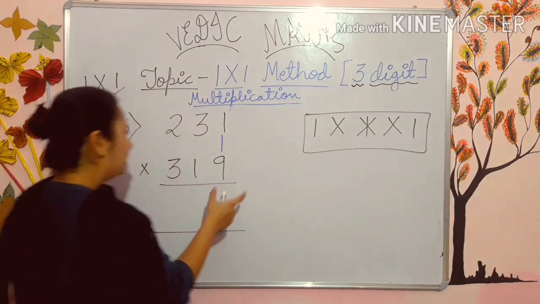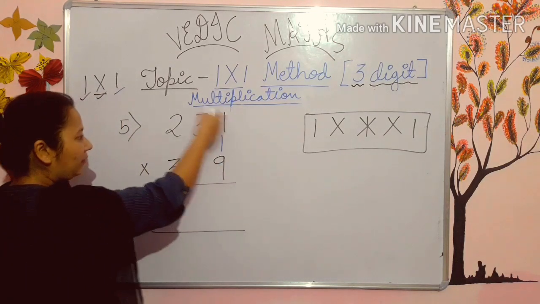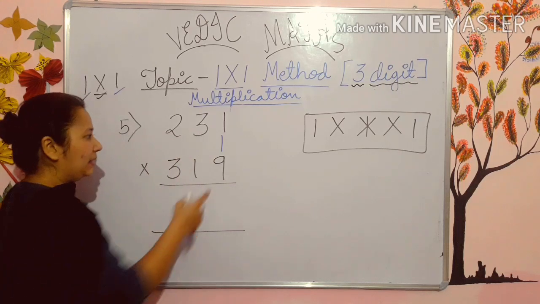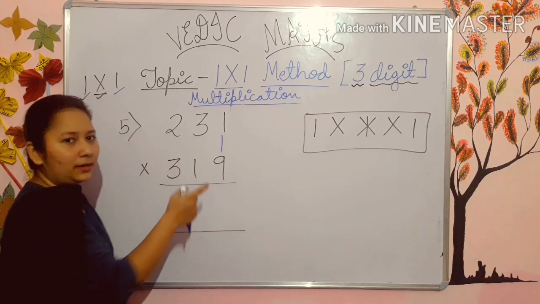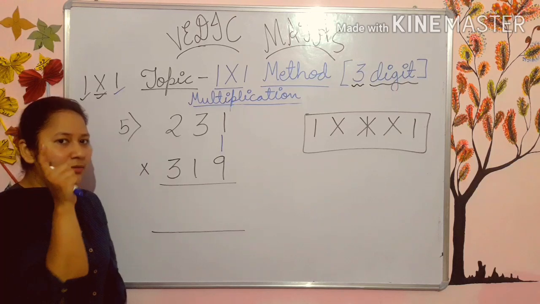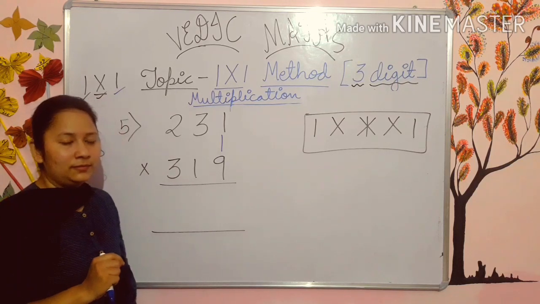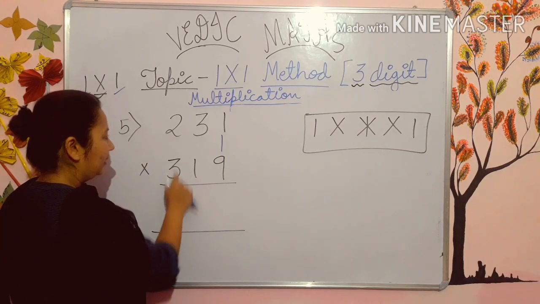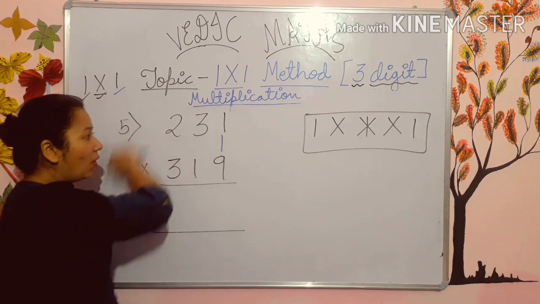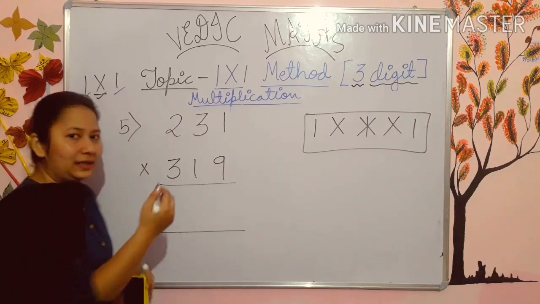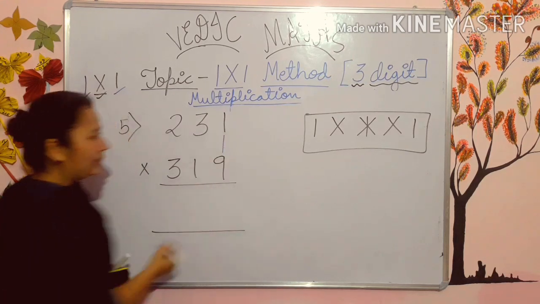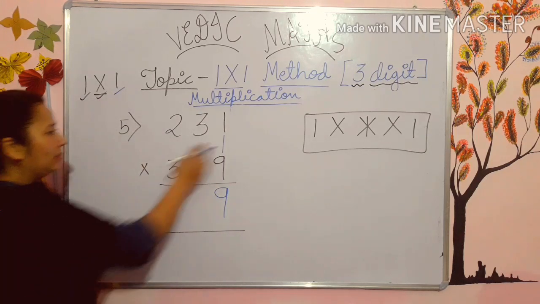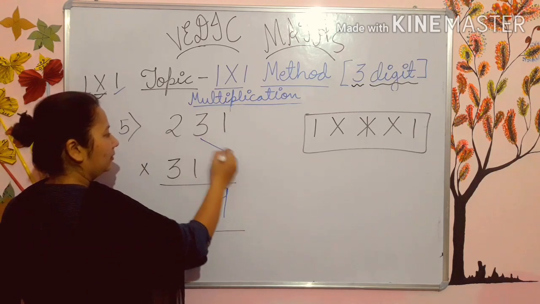And one thing more, kids, whenever you multiply, the digits are very small. If you multiply any number here, you will always get a number from 0 to 9. Never ever will you get a number more than 9. See, 9, 1, 3, 2, 3, 1. They are all 9 or less. So let's start. See, first of all, 9 1s are 9. Then after it, cross.